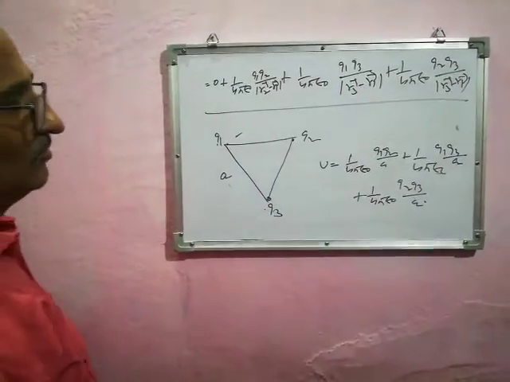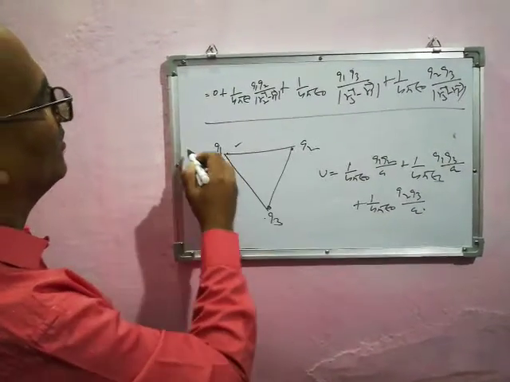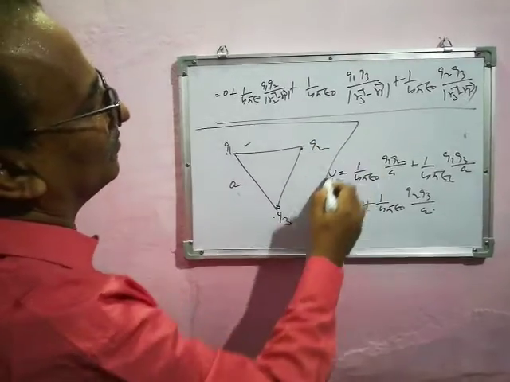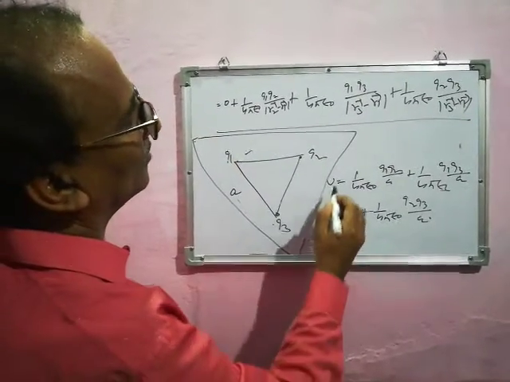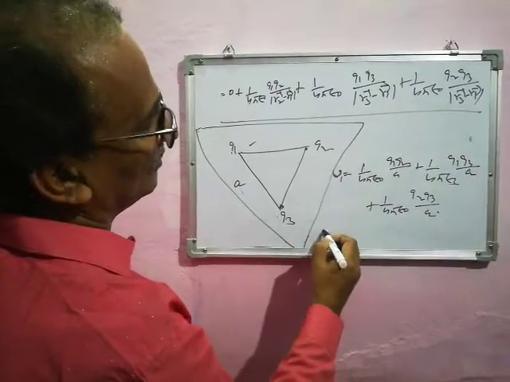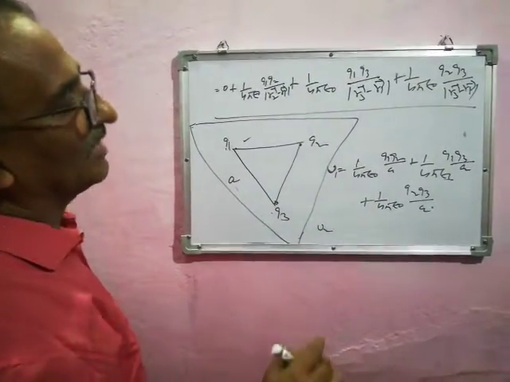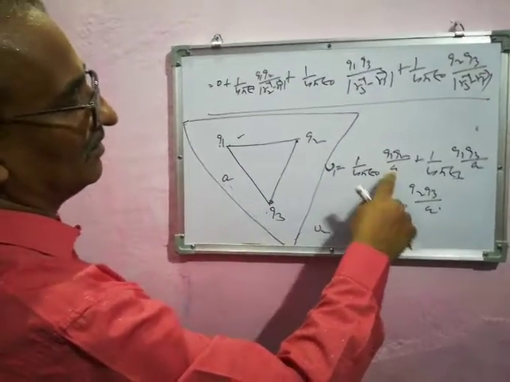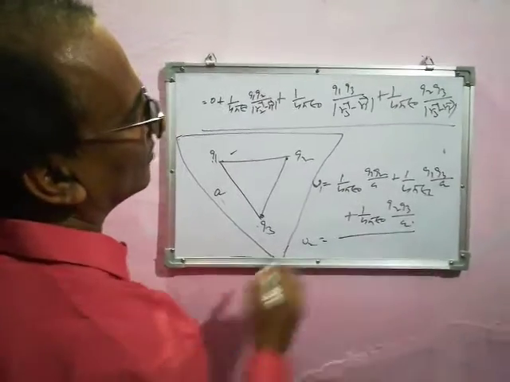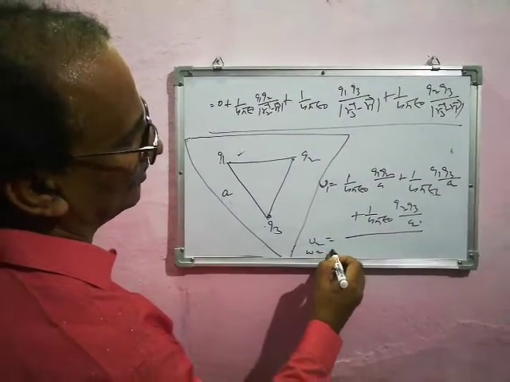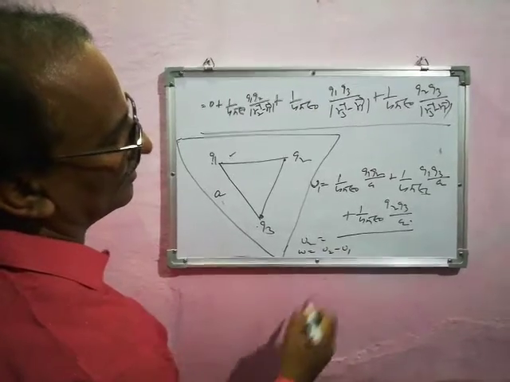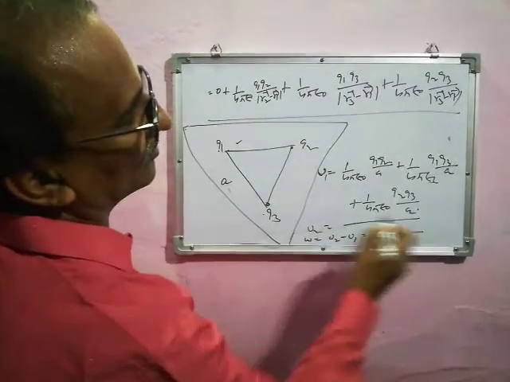And if we have to increase the side and make the side double, again you have to calculate the work done, the potential energy the second time. At that time you take the distance as 2A, and in this way you can write the expression, and the work done will be equal to the change in potential energy of the system, and you can solve it.